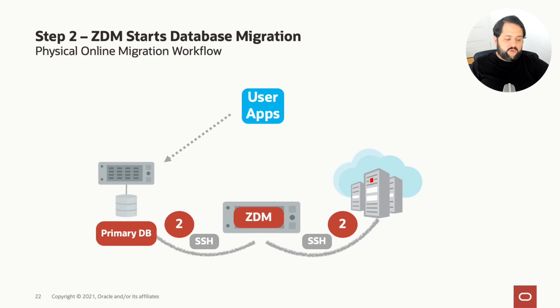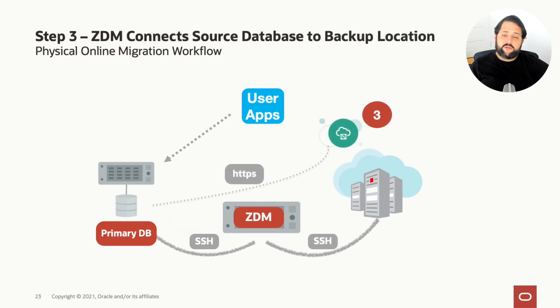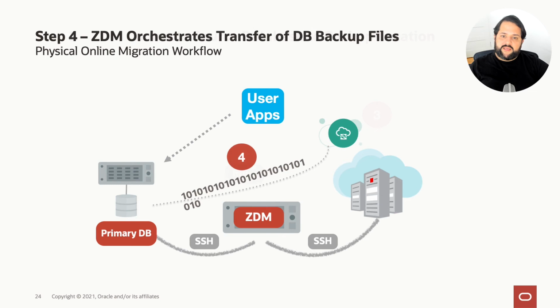What we continue to do is connect to the actual backup location. So right now, let's assume we're migrating to an OCI-based database. It could be Exadata Cloud Service. So great, we're migrating to Exadata Cloud Service. We're connecting to the backup location, which in this case is the object store. And then once that happens, we start creating and transferring the RMAN backups from the source to that backup location. So we start doing that because we will be using those backup files. How are we going to be using them?